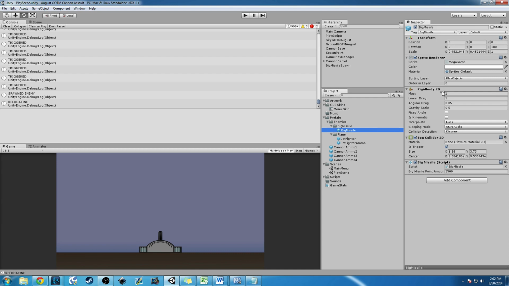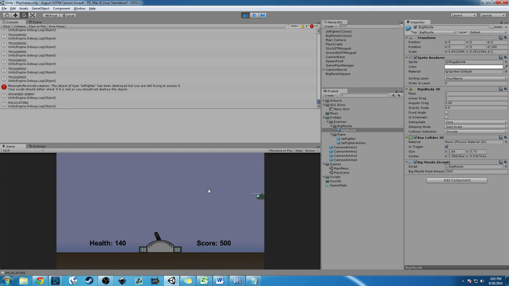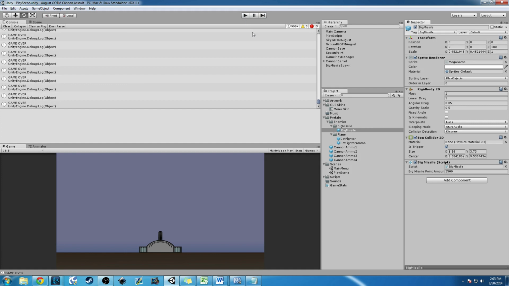On our prefab, when the missile spawns, it just drops straight down. I'm going to go ahead and press play, and you can see that. In just a second, you'll see that this big bomb drops, right? There's a couple things we want to do. We want it dropping towards our base, like aiming, and we want to change the spawn point, and that's what we're going to work on today. So go ahead and open up the big missile script,